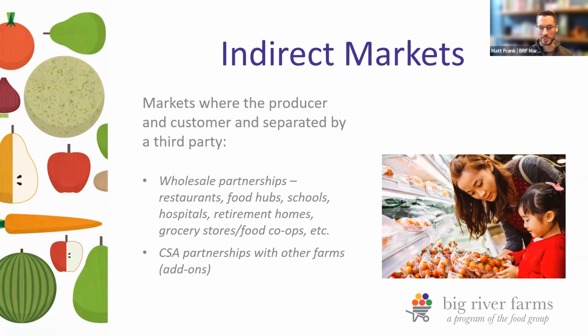Same thing with a potential school wholesale partnership. So an example of that is that Big River Farms and the food group has worked with Minneapolis Public Schools because they have what they call their farm to school program. And that's a wholesale indirect market opportunity to sell your produce to the school system, so Minneapolis Public Schools, and then they use it in either meals they create for students